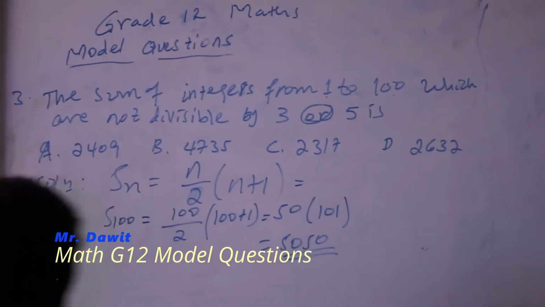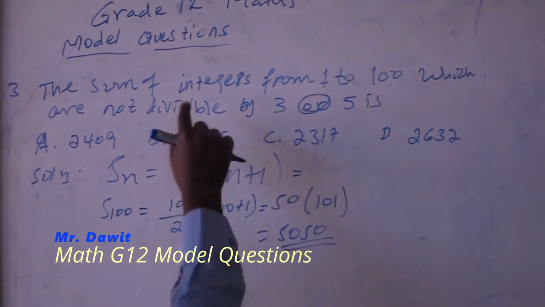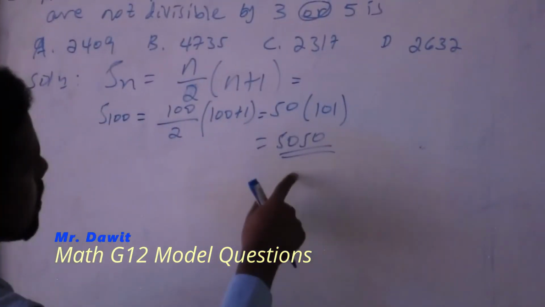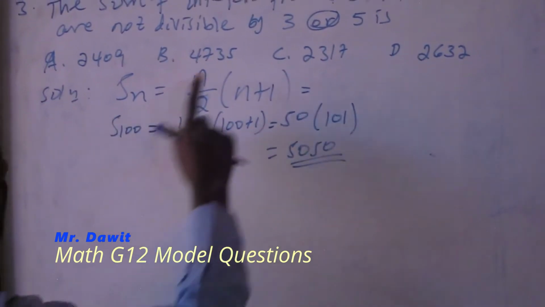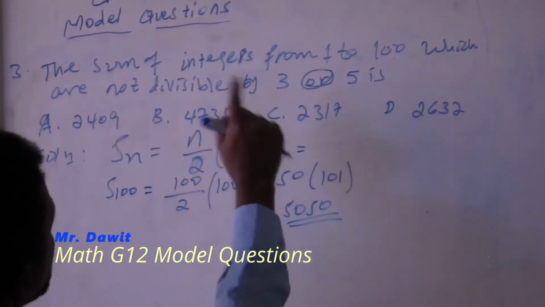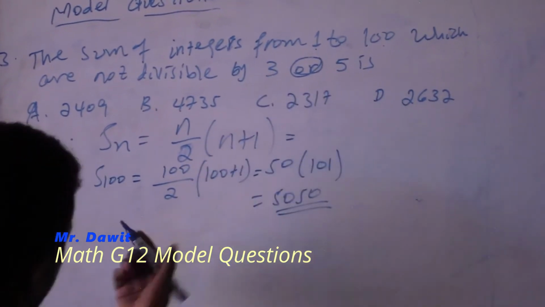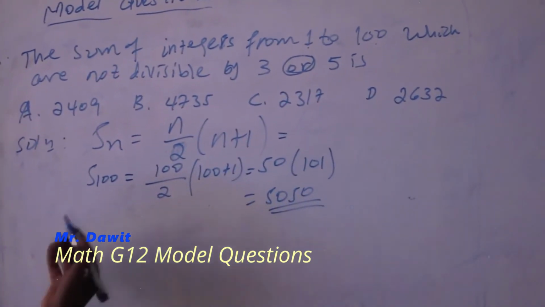5,050. This is the sum of all natural numbers, or all integers from 1 to 100. But we have to find out the numbers which are not divisible by... okay? We have to find out all the numbers divisible by 3 first, okay? The numbers divisible by 3, in this case,